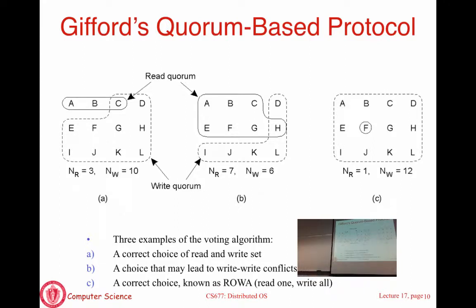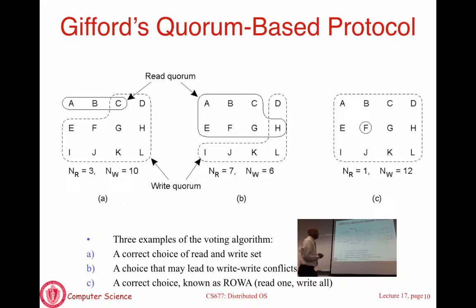So you will say, okay, I cannot send any of these versions back to the client because the versions don't match. You pick another 3 servers. And eventually you will pick 3 from the servers that were in the right quorum, and those versions will match. At that point, you can return the results, and you are confident or guaranteed that that's the most recent write. Okay, is that clear?